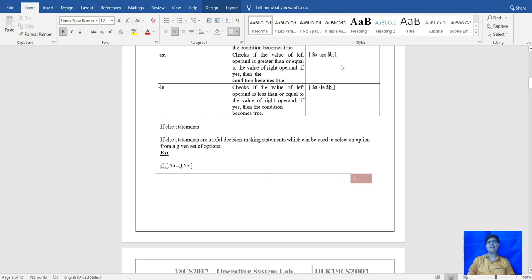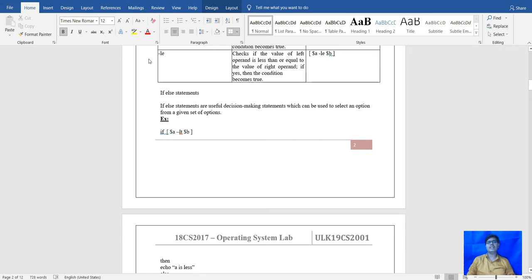After that, moving to the next condition, that is hyphen ge. It checks if the value of the left operand is greater than or equal to the value of the right operand. If yes, then the condition becomes true, else it will print false.